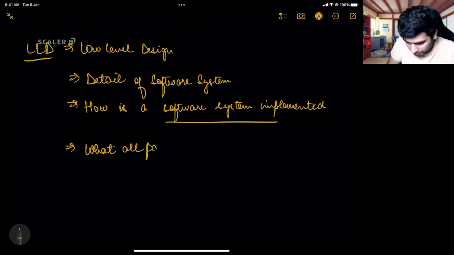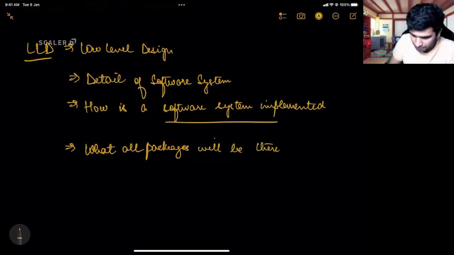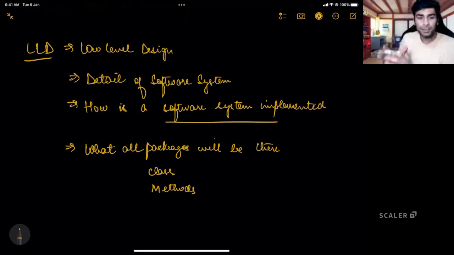So LLD deals with what all packages will be there, what all classes will be there, okay, what all methods will be there, all of those things related to implementation of a software system. Like how are you really implementing a software system? What are the different classes that are going to be involved? What are the different packages that are going to be involved? What are the different modules that are going to be involved?